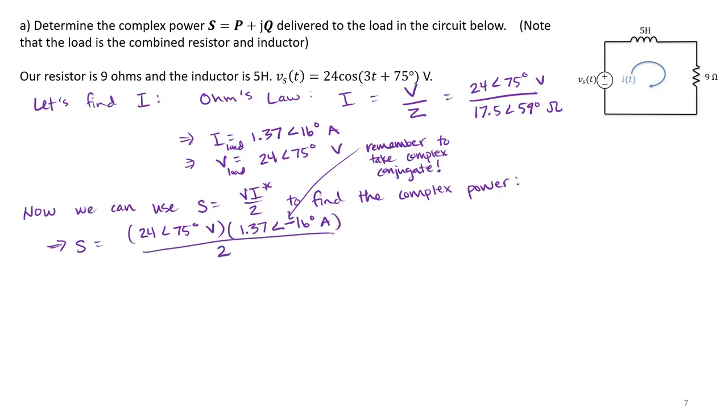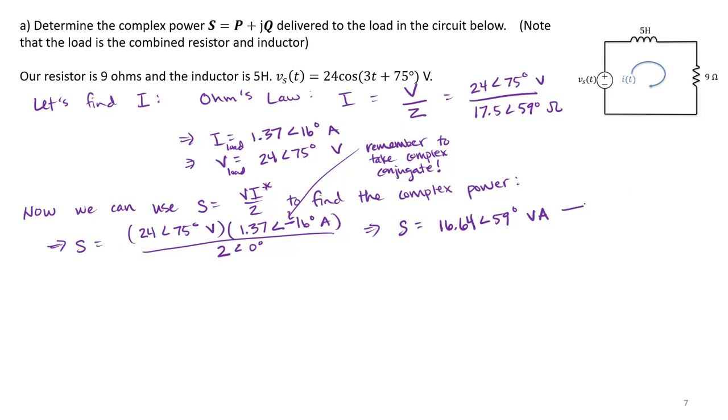And divide by 2. Some people prefer to divide by 2 angle 0 degrees. That also works, because you're just dividing by a real number. So in this case, if we go ahead and perform that math, we will determine that our complex power S will be 16.64 angle 59 degrees volt amperes,